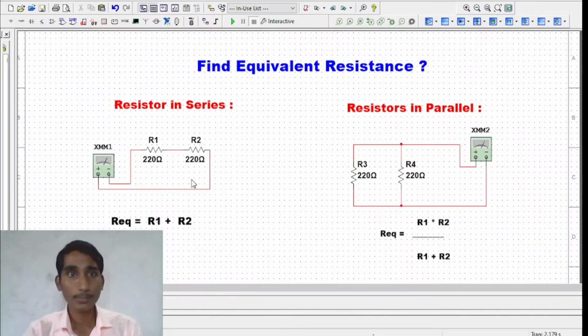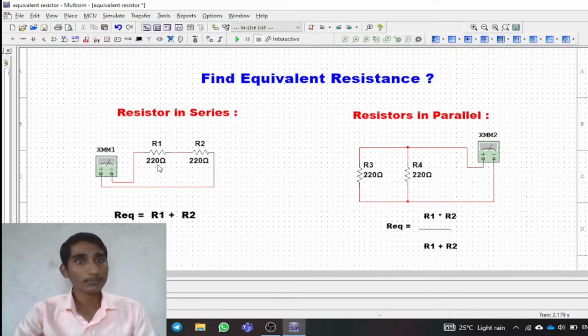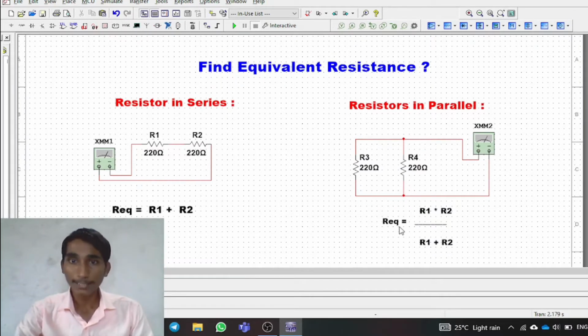Also you can see the formula for resistors in series. Resistors in series get added up to form an equivalent resistance. You can see R equivalent is equal to R1 plus R2. Similarly, resistors in parallel get added inversely to form an inverse equivalent resistance. The meaning of this is R equivalent will be R1 into R2 divided by the sum of R1 and R2. You can see the formula. You can take a screenshot of this. Now we are going to run the simulation and see what values we get, so we will verify them on a workbench.